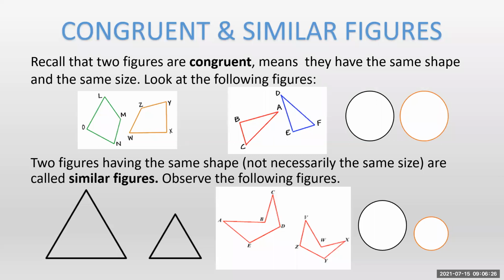Understand? So here you can come to the conclusion that all the congruent figures are what? Similar. But all similar figures may not be congruent. Is this clear? From this you'll come across that all the congruent figures are similar, but all the similar figures are not congruent. Is this clear to all the students?